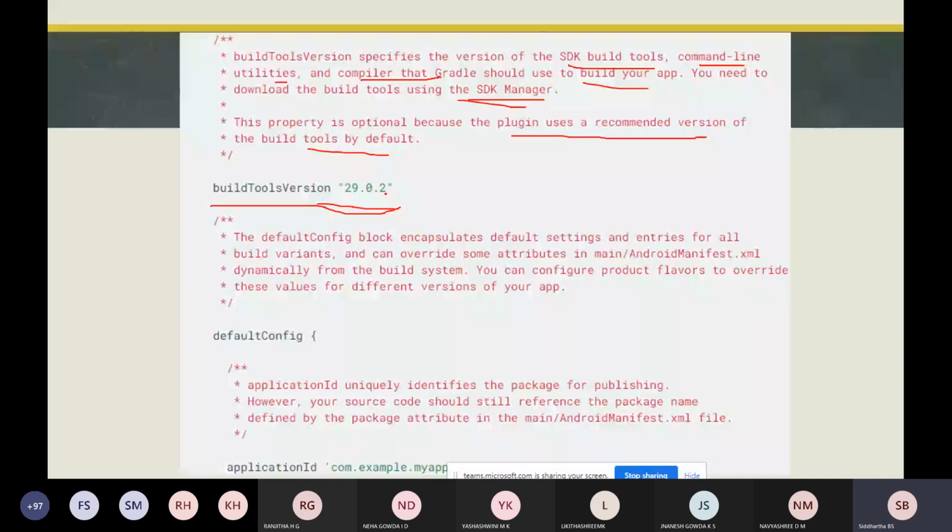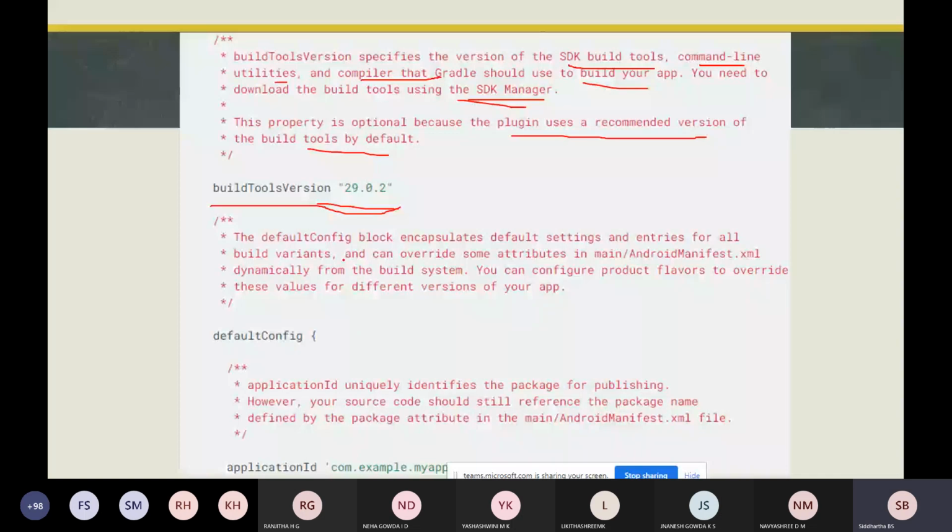So next is the default config block. This default config block will be within the Android block. The default config block encapsulates default settings and entries for all build variants and can override some of the attributes in the manifest.xml file.